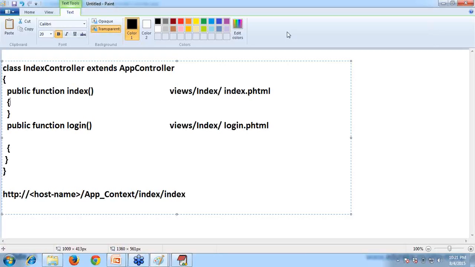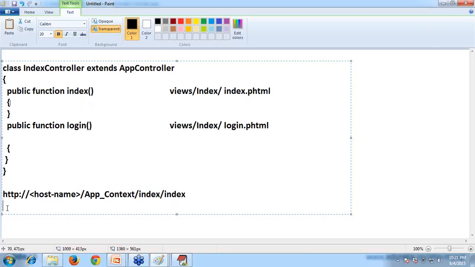Please go through that. Whenever the client sends a request like this, it will come to the index controller. From that index controller, it will be forwarded to the corresponding action. What is the requested action? Index. So it will come to index, do the business logic, and from there go to the corresponding view, index.html. You recollect what we discussed about MVC. The controller will use a model for working with the database.